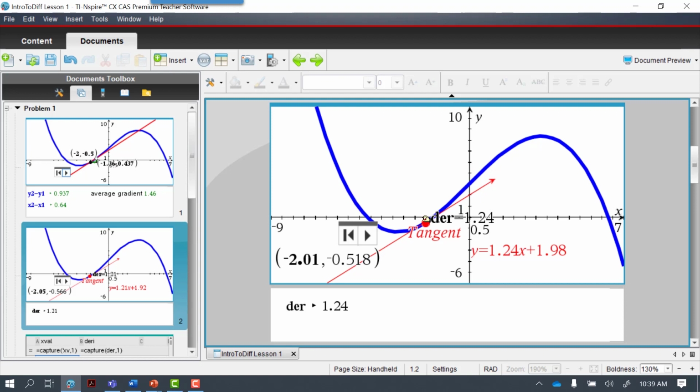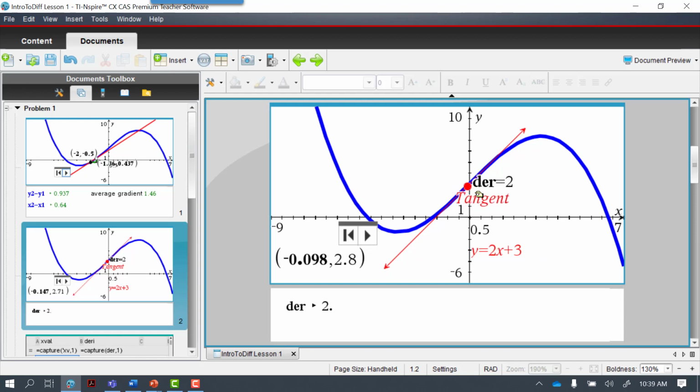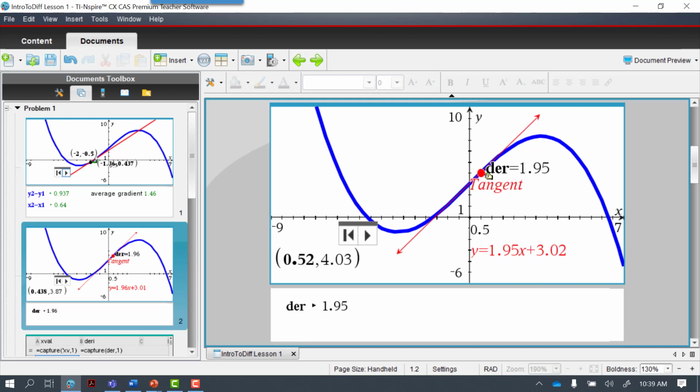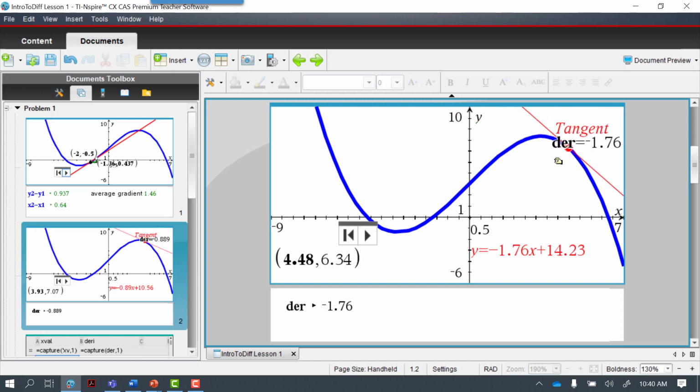At the moment the gradient is 1.21, it's increasing, it's still increasing, 1.39, 1.5. It will keep increasing to a certain value, although it's positive, and when it gets to a certain value, in this particular case around 2, it's 1.96 and 1.99 and then 2, and now what we observe, if I go beyond this point, the gradient is still positive, but it starts decreasing. So as long as the gradient is positive, if I was to do a derivative curve, it would be above the x-axis, which we would be looking at in our next screen. So once again, the derivative is becoming less positive and it approaches 0, and now the derivative here is negative.